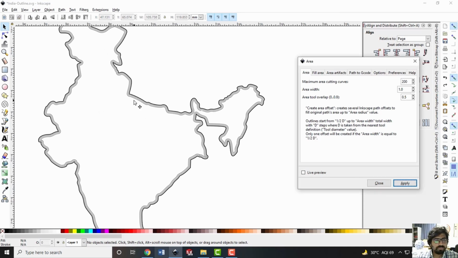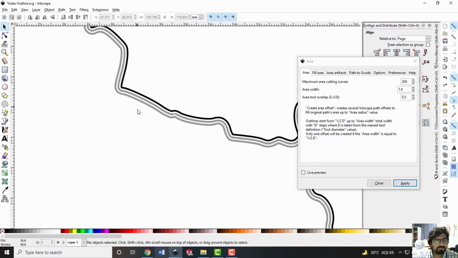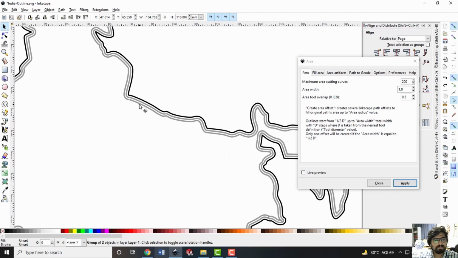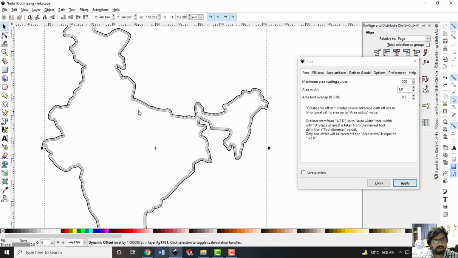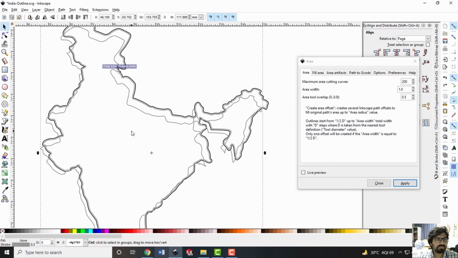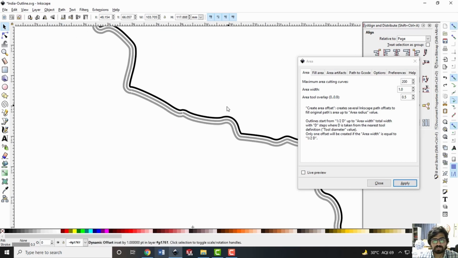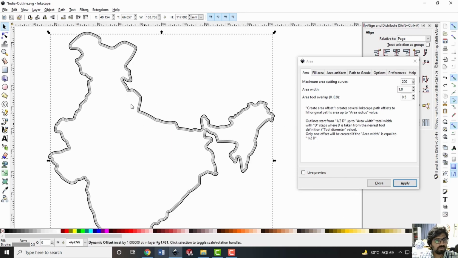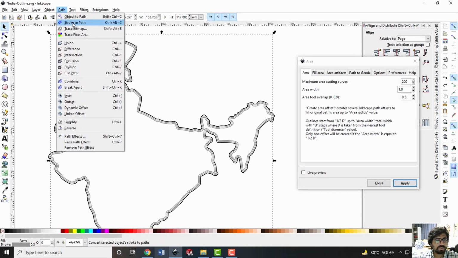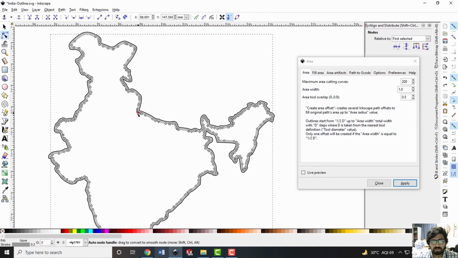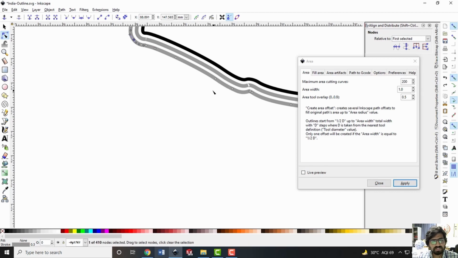Now, we will select one of the internal curves. So right now all the curves are grouped together. To ungroup them, we can double click on the curve, and one curve will be separated like this. Now I'll utilize this curve to further generate the area filling toolpath inside this boundary. First of all, we have to check whether it's a path or not. If it is not, we'll definitely convert this stroke, or sorry, this object to path. If it is already a path, then no issues, and you can see it's a path now.